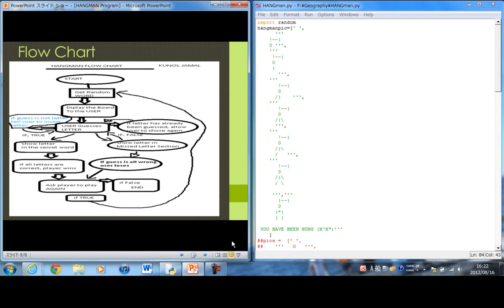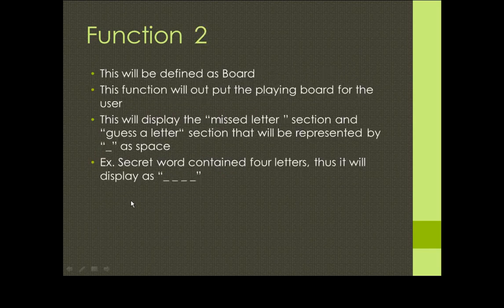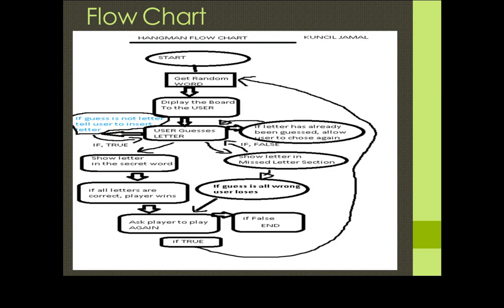So here's my flow chart showing the big screen. There it is. So you can see I start here. The game will start. I mean, the program will run. It'll get a random word, and it will display the board where it asks the user to enter a letter